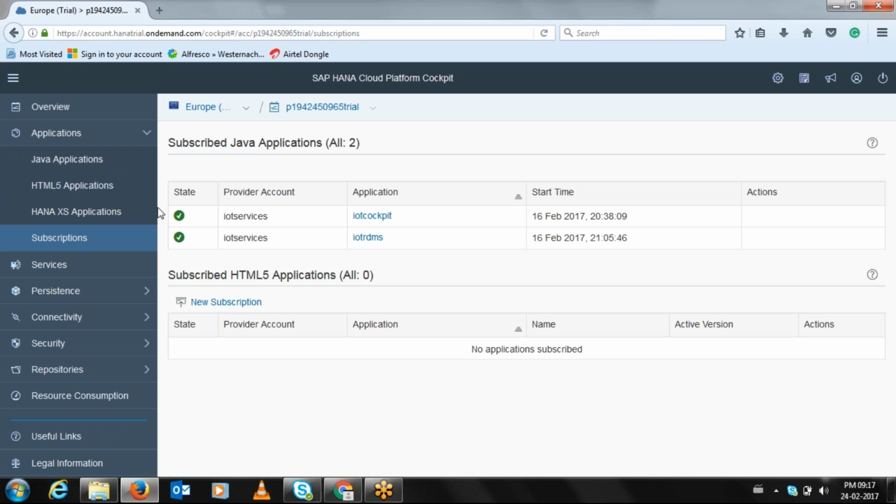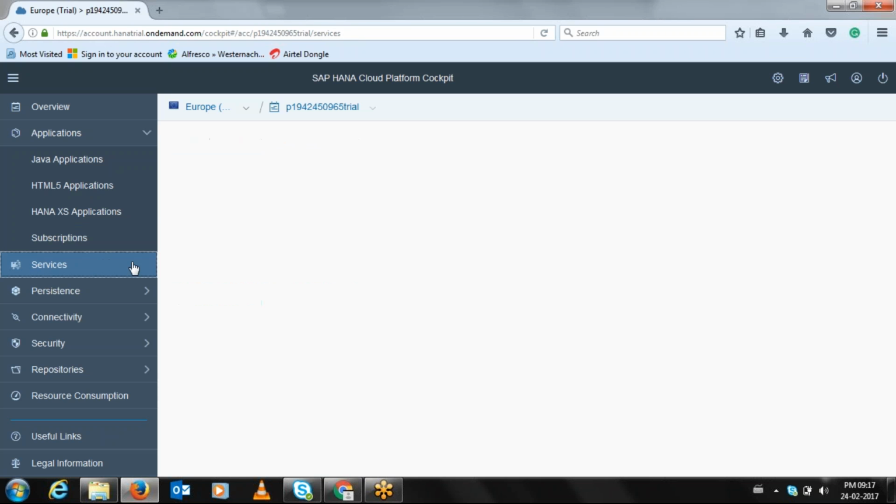So here you can see under my subscription, you won't find any HANA Cloud integration application activated. This is the trial version of HANA Cloud Platform Cockpit. Under the services, you won't have the HANA Cloud integration, and it won't be in enabled state.